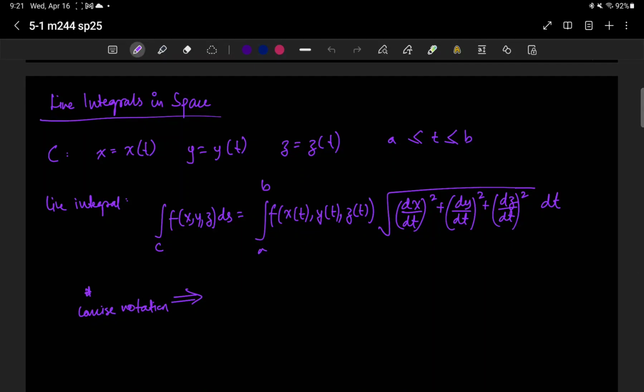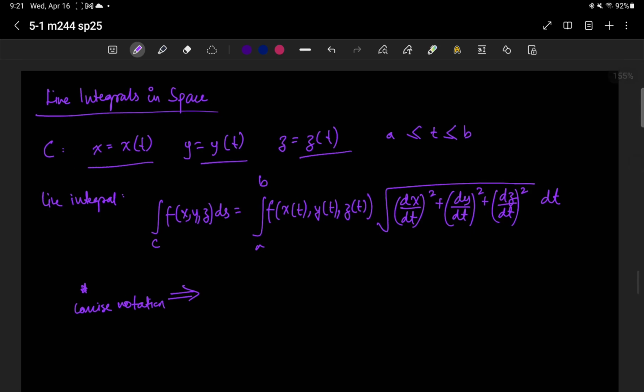Hi everyone, in this video we will look at line integrals in space, which means instead of the two-dimensional coordinate system that we were dealing with earlier, we will now deal with a three-dimensional system. So a curve in space can be parameterized as a function of time t as x(t), y(t), and z(t). The line integral changes pretty much according to how we saw it in two dimensions, where the line integral